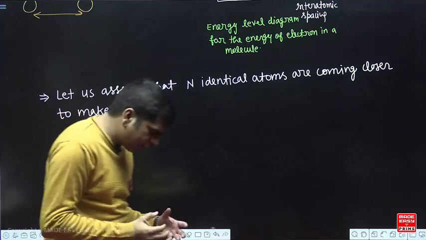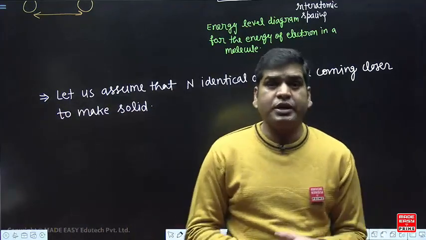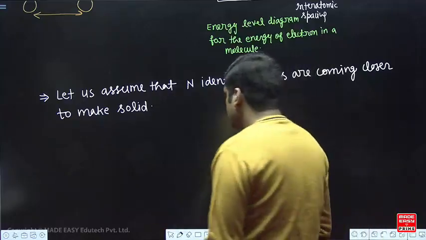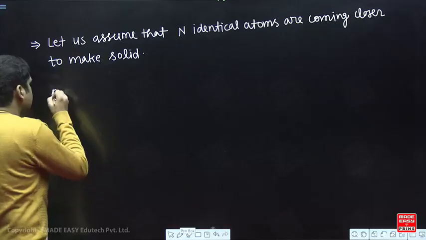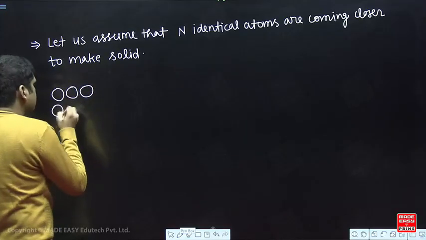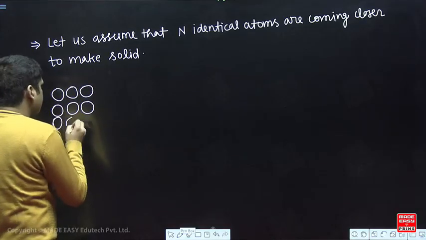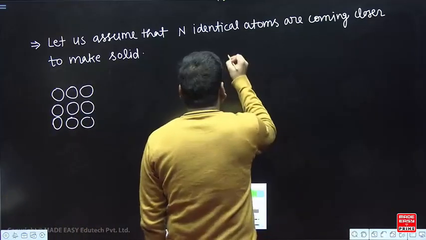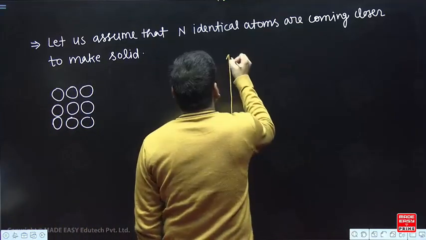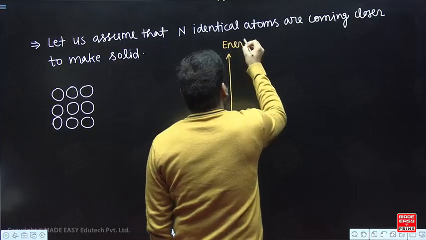Let us suppose n identical atoms are coming closer to make solid, right? Let's plot their energy. When these n atoms come closer to each other, they will start interacting with each other. So here on the graph, this is the energy of electron,